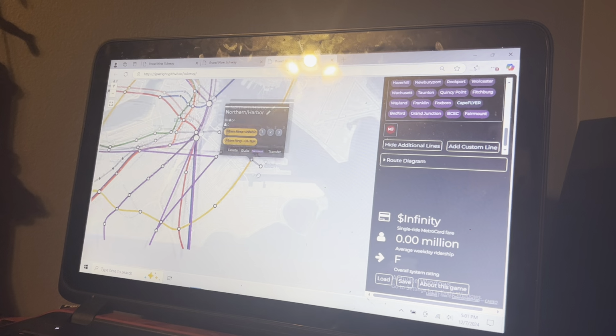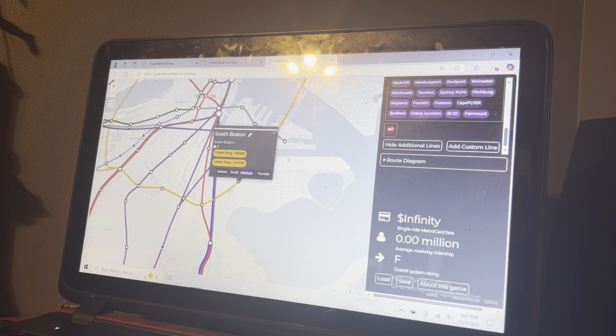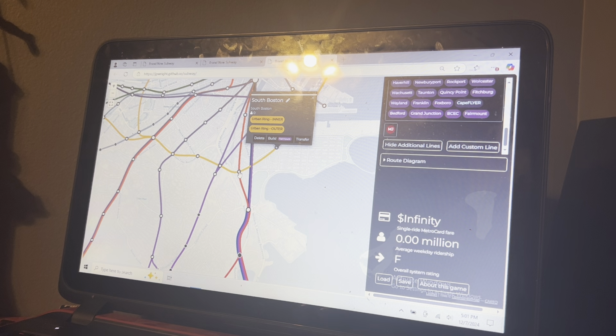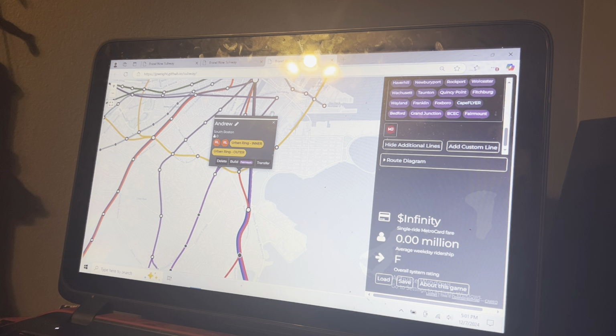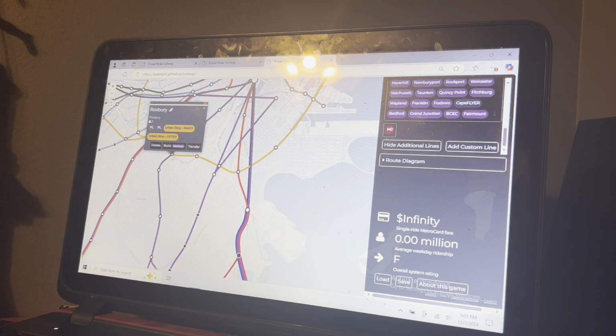Northern Harbor for South Boston, Andrew, Newmarket, Dudley, and Roxbury. Now, I don't know where the yard for this would be, because I do envision this to be